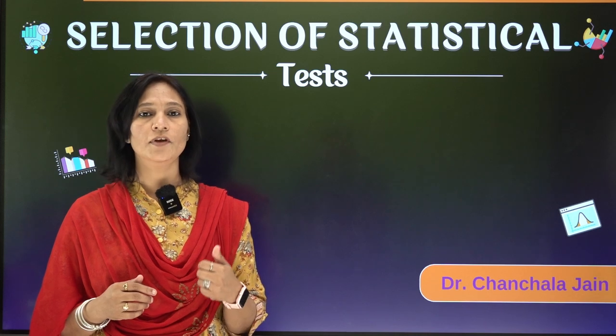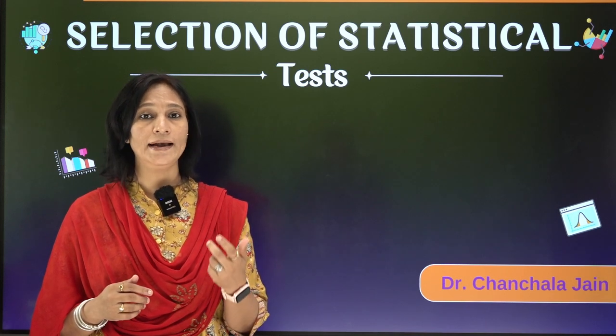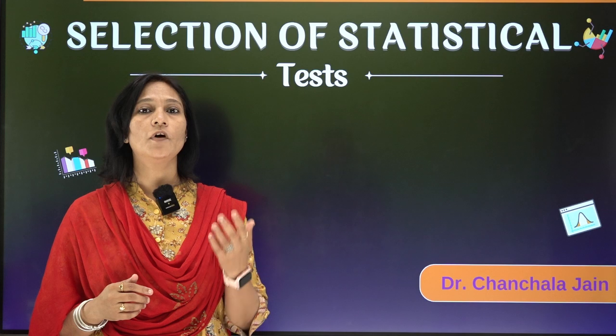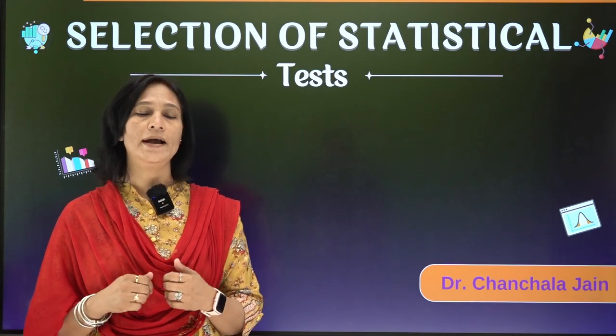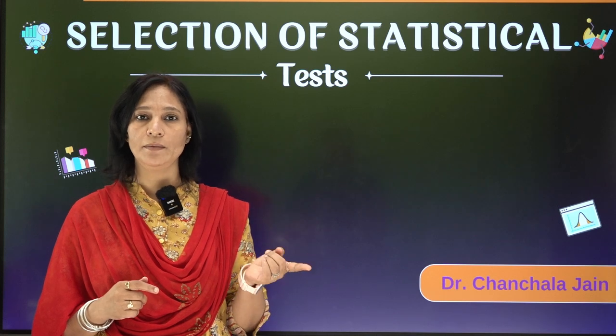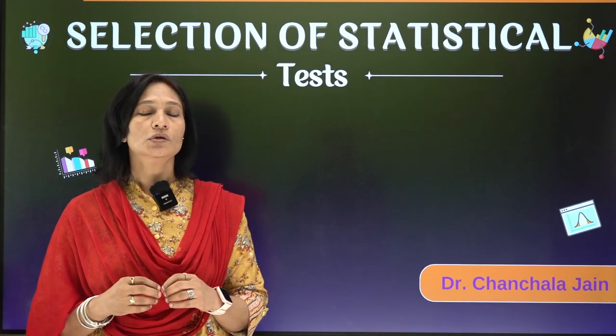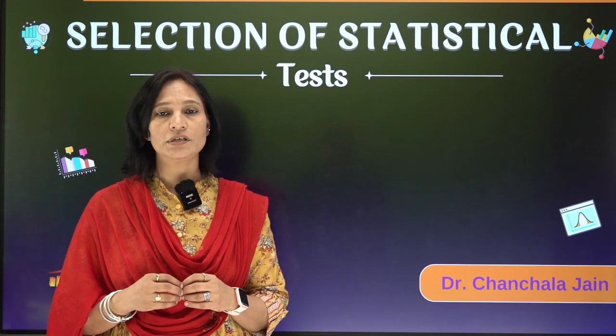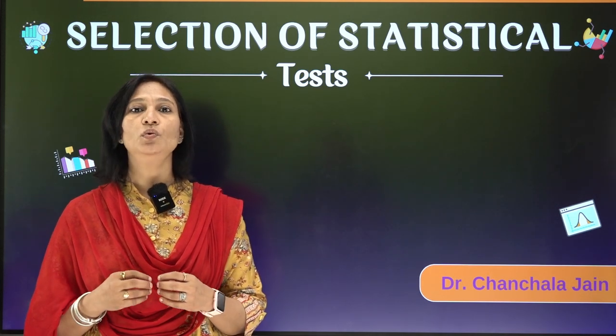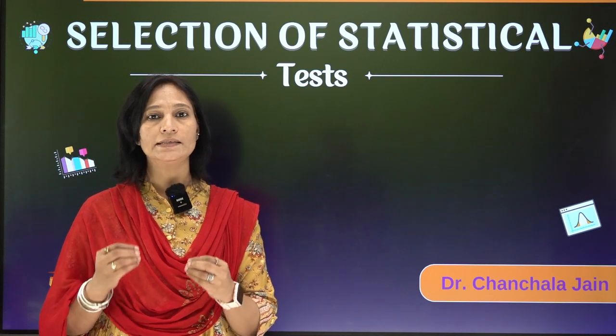For example, a hypothesis for finding out the difference, or the relationship between the variables, or the impact of one variable on another variable. If we address these 3 questions, we would be able to identify the appropriate statistical test